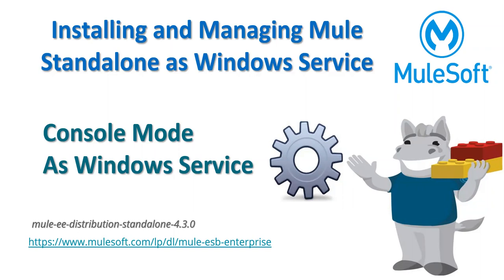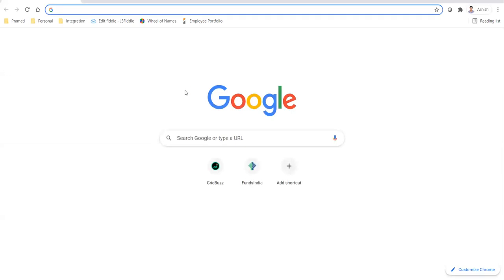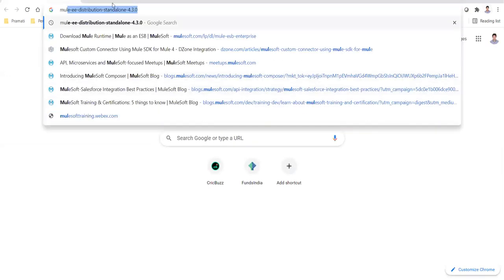Okay. So to have the Mule standalone runtime, you can directly go to this site. I have already mentioned the URL here. You can see this URL. You can download it from here. Your Mule Enterprise Edition, standalone Mule runtime. Or you can directly go to the browser and you can search for Mule, same name.